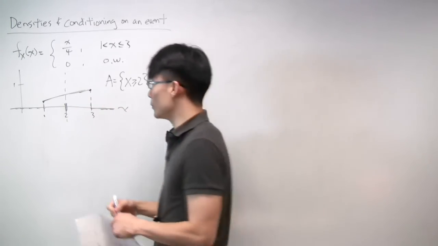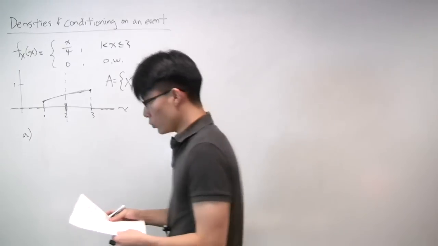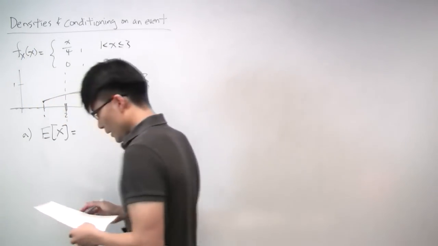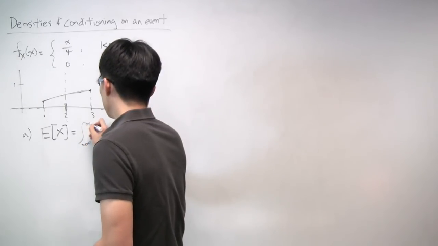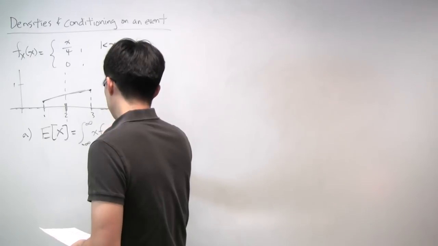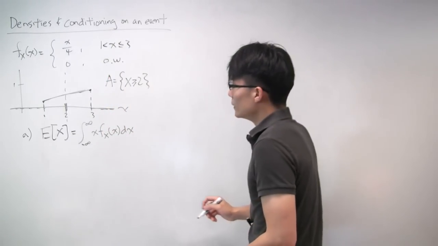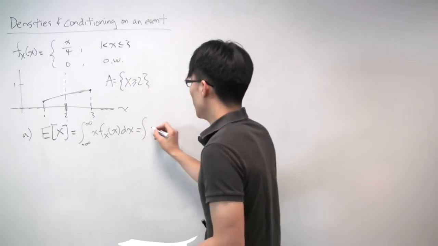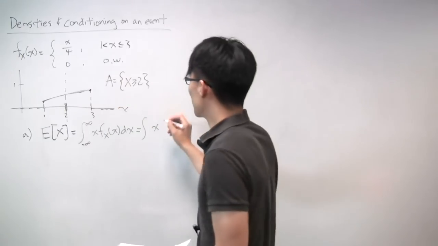And now, in part A, we're asked to find a bunch of things. The first one is the expected value of x. The expected value, remember, the definition is this integral. You integrate x times the density of x. And the important thing here to remember is that when you plug in the density, which is x over 4,